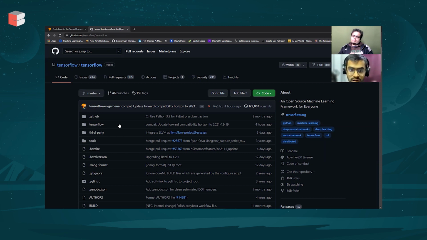But of course, contributing to TensorFlow will take time, so you have to be patient in your approach. Don't get demotivated, even if it takes you 2 to 3 months to get more and more familiarized with the project. So basically this organization works on "talk is cheap, show me the code."